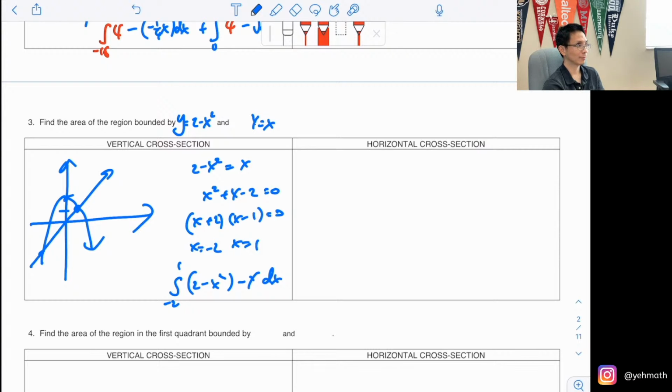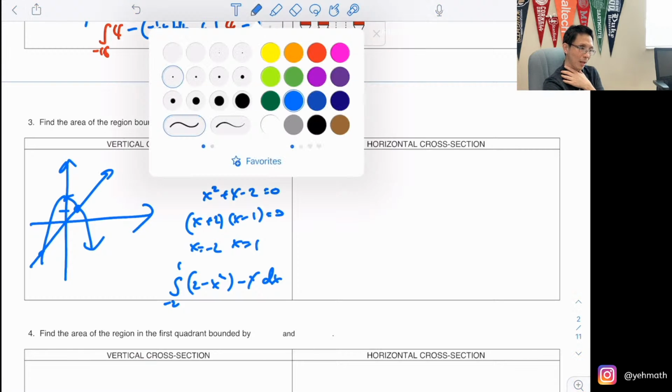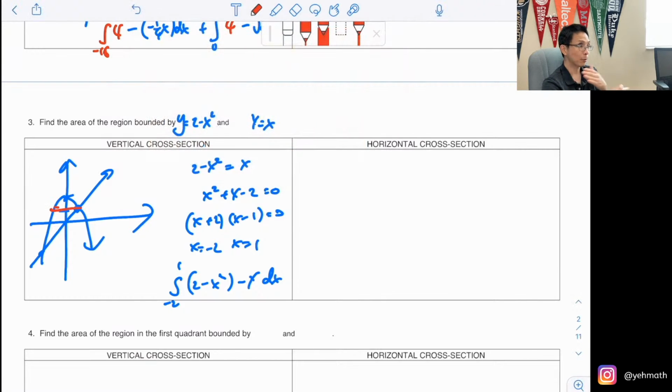This one, it's easier to do vertical, right? And the problem is horizontal. Those of you who can visualize this, horizontal is almost close to 90% level of difficulty. I'm going to say why: because you have to break it up into 2 sections. When you break it up into 2 sections, the right minus left on the bottom section is very easy to do. The one on the top, however, they are all x. So y, so